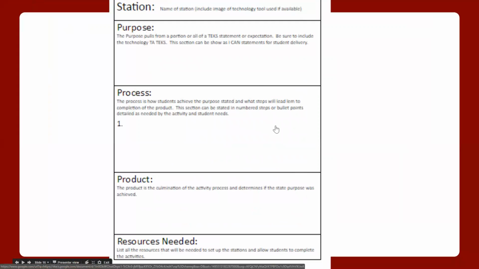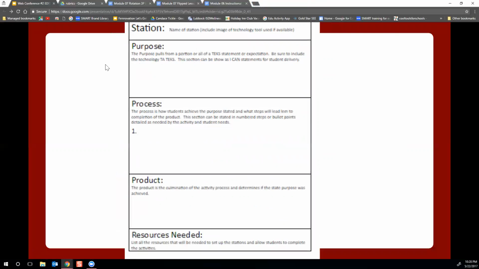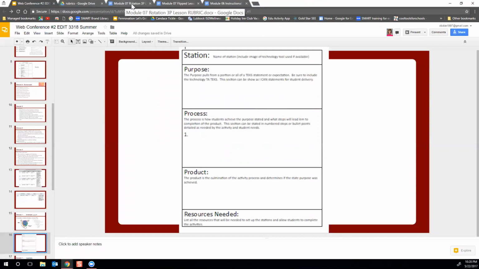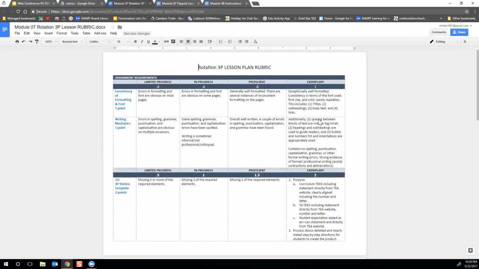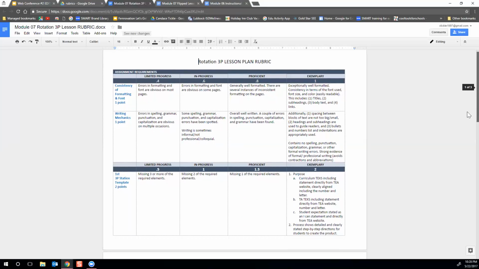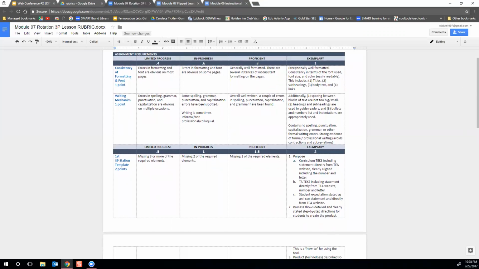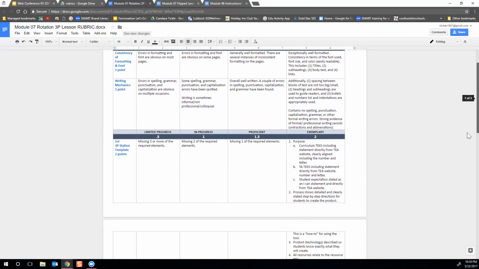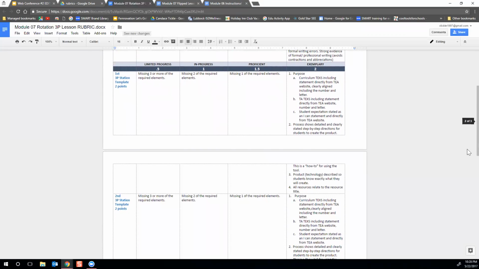Here is the 3P template that you would use. You have access to this in the module. I'm going to show you really quickly what the rubric looks like. Here's the rubric for the 3P lesson plan. You're going to head over to this side right here to exemplary. You've got font, writing mechanics, but you will have